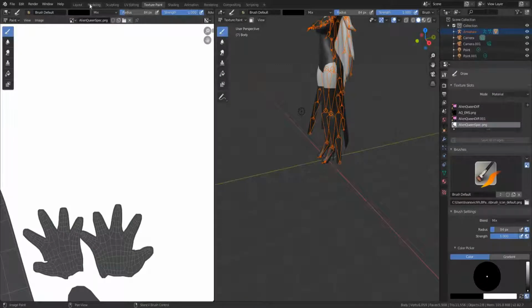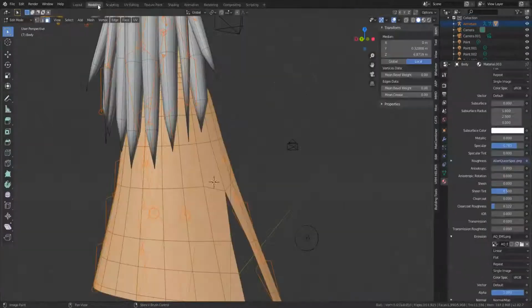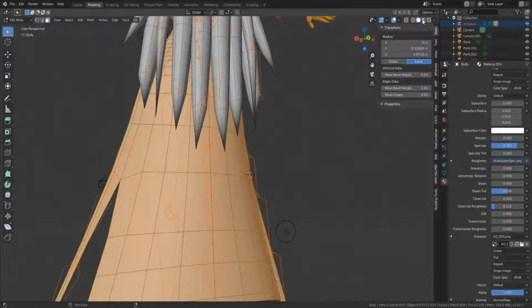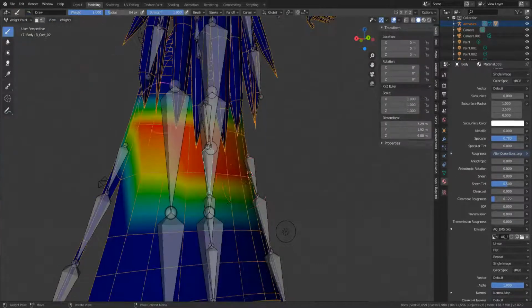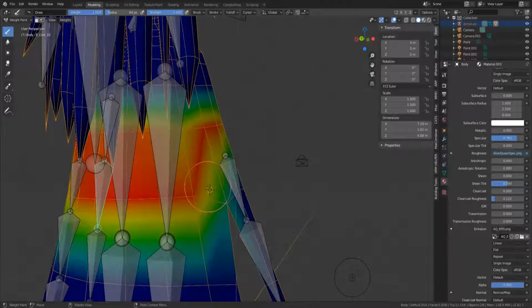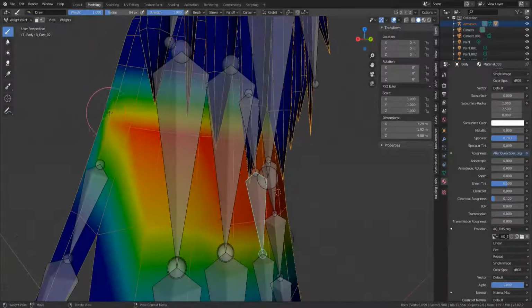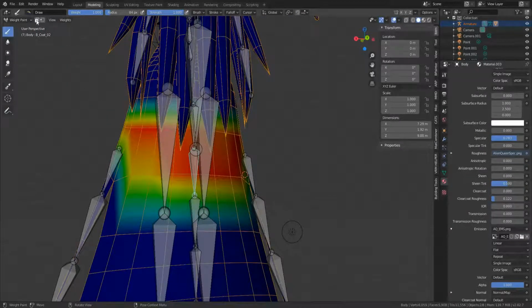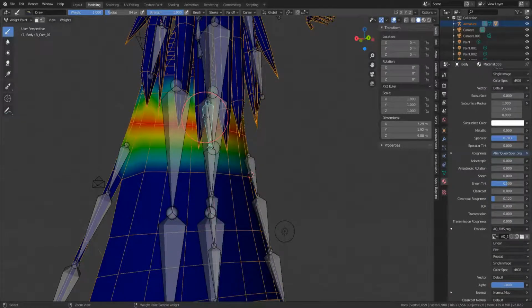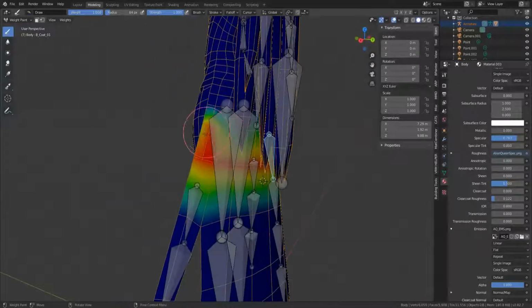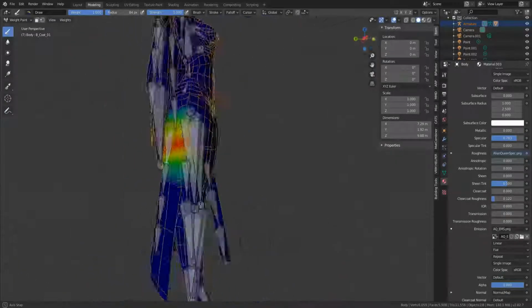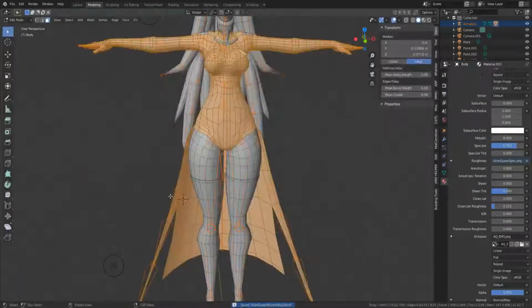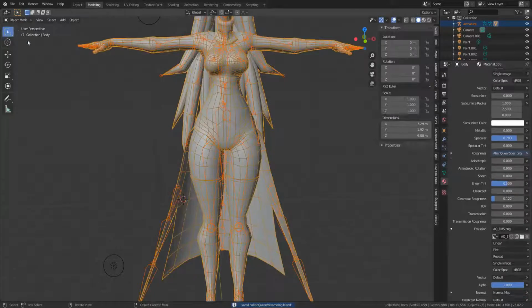Oh. Then I move. That wasn't my intention. Okay. And now, with that bone, final bones, I think this is ready to be exported to Unity from the weight part, but